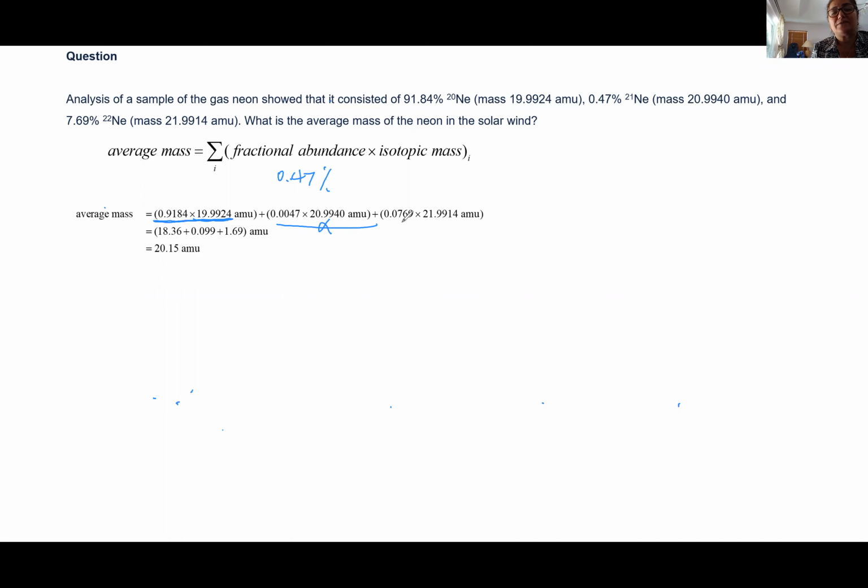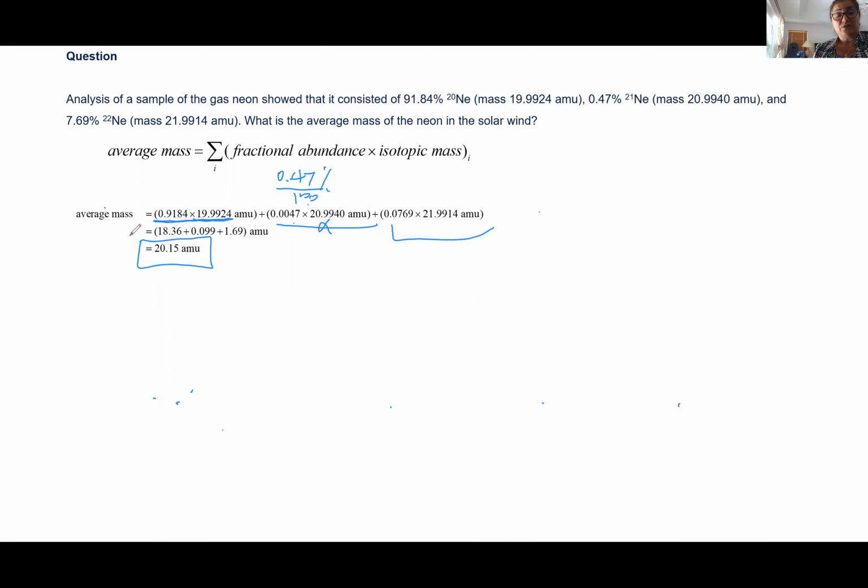And then the third parenthesis is for the third isotope. If the element had only 2 isotopes, this would have changed to only 2 parentheses, and each parenthesis would show you the exact mass for that isotope and the fractional abundance of that isotope, which is the percent given divided by 100. So that gives you the fractional abundance of that. When you add them all up, you come up with a weighted average,